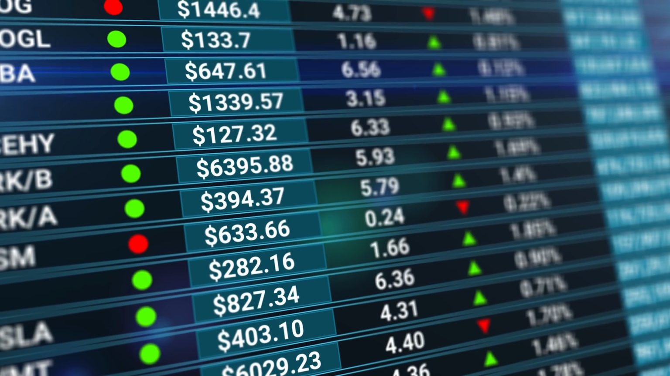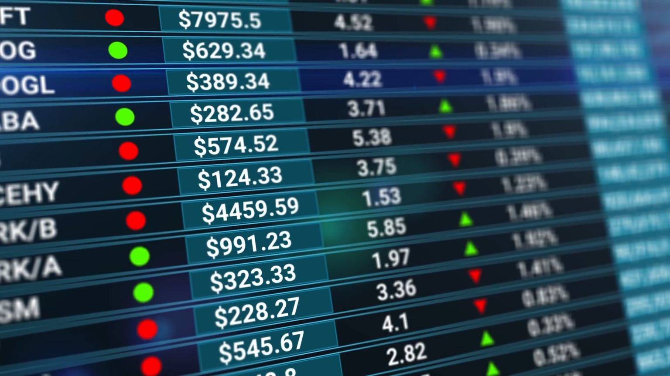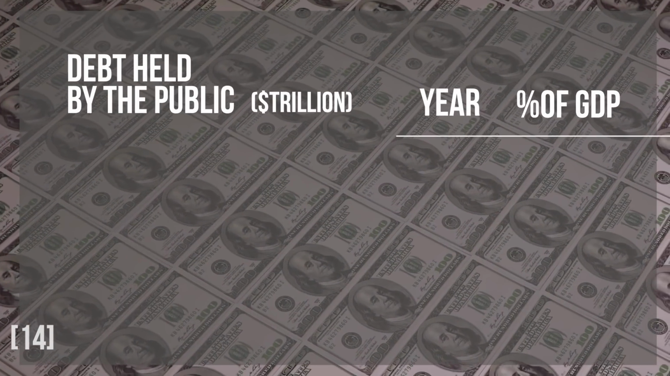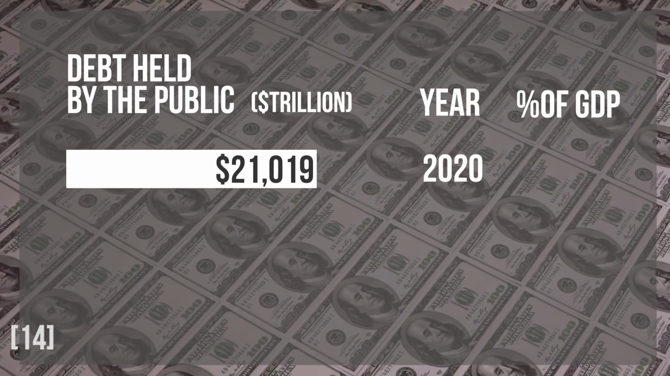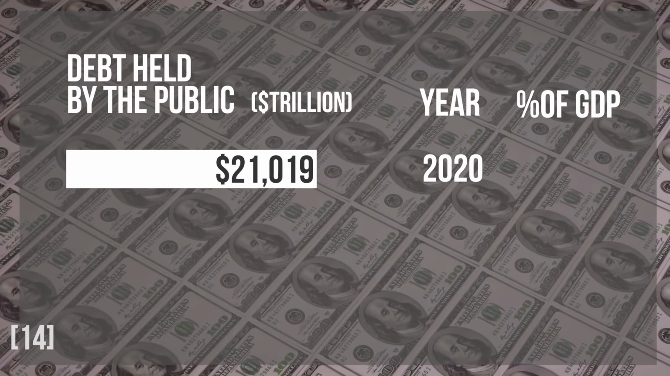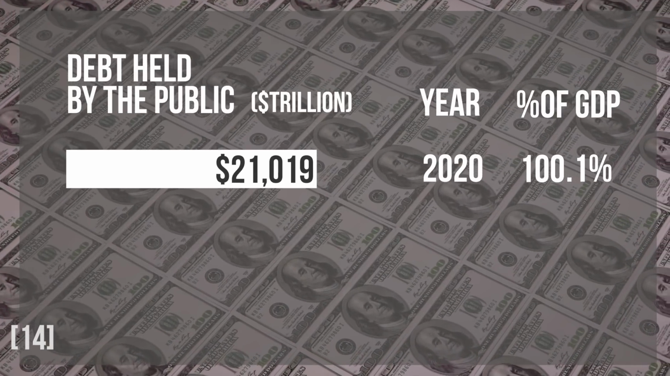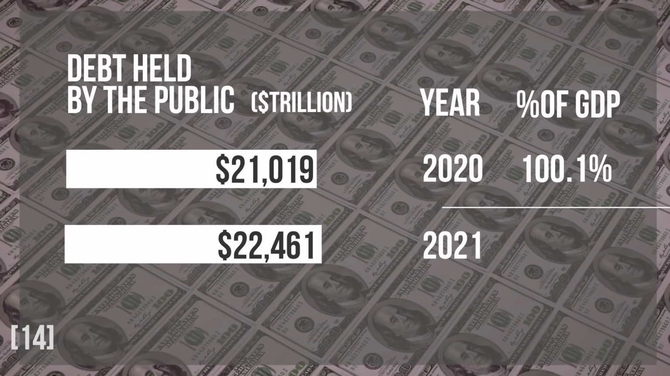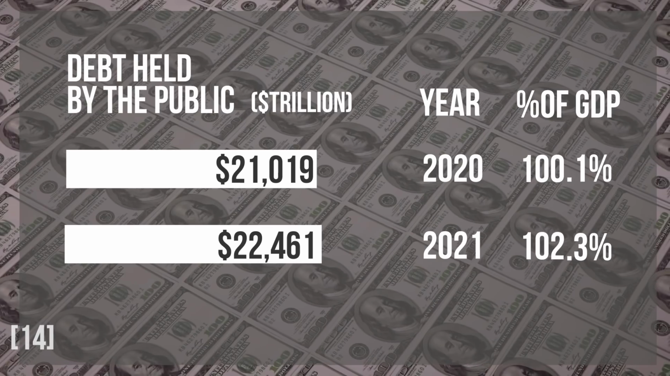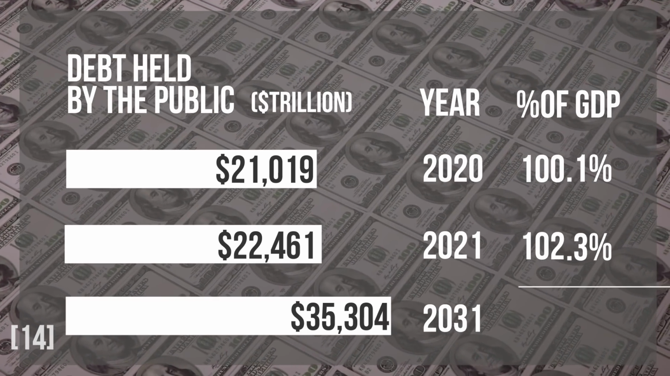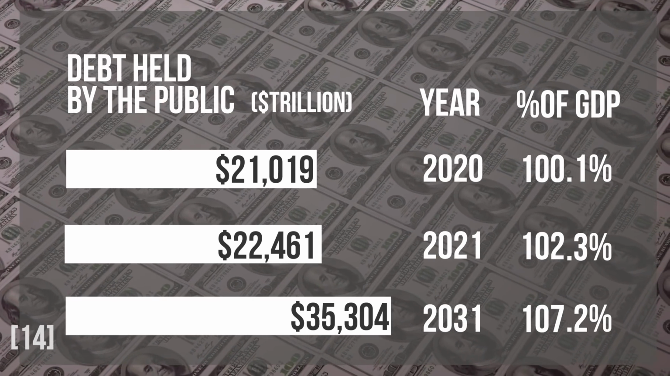Although they believe the practice isn't harmful to the economy long term, it's important to point out the growing level of debt in the United States. According to the Congressional Budget Office, 2020 was the first year since 1946 that the country's debt exceeded the size of the entire economy. The U.S. had a total debt held by the public of $21 trillion, the equivalent of 100.1% of GDP. By 2021, the country is projected to hold $22.4 trillion in debt, 102.3% of GDP. They also project that the debt will represent 107% of GDP by 2031 when it should surpass